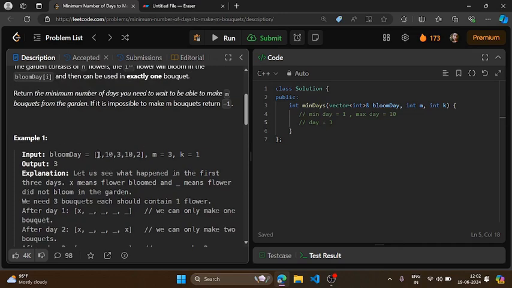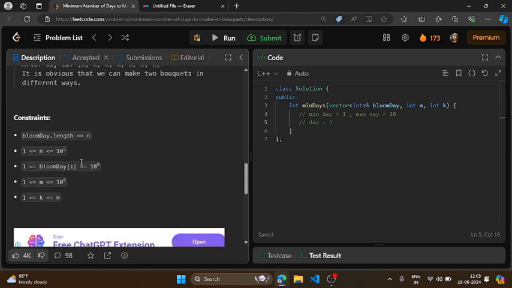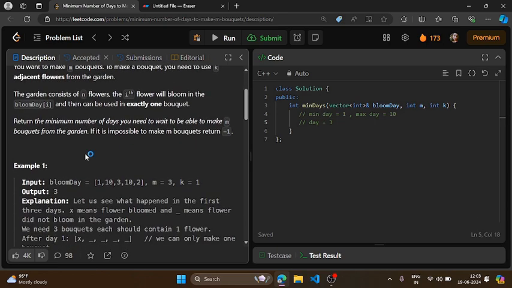This particular array was small, and we were able to make m bouquets on day 3 only, right? So it was pretty cool. But when you look at the constraint here, you can see the number of flowers in my array is about 10 to the power 5, which is going to be super large, right? So you cannot just start from day 1 and keep on checking till the last day one by one. That is going to take so much time,